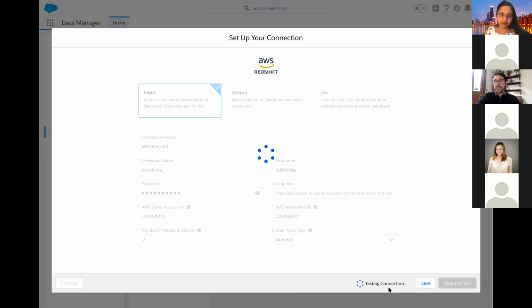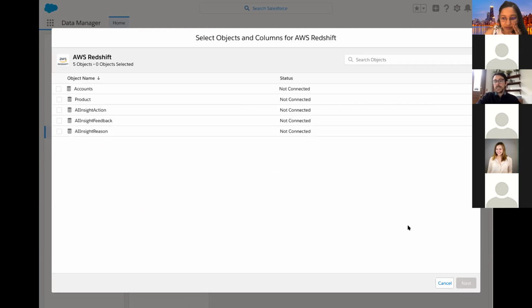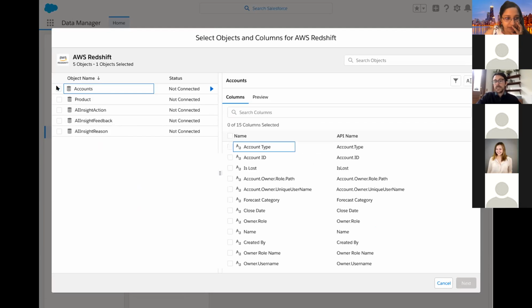In this case, let's pretend that the test is passing, and so the creation is the first step, which is the connection itself, as being successful. The following step is adding the objects. You can do a multiple selection. So when you start selecting the first one, you can also select the